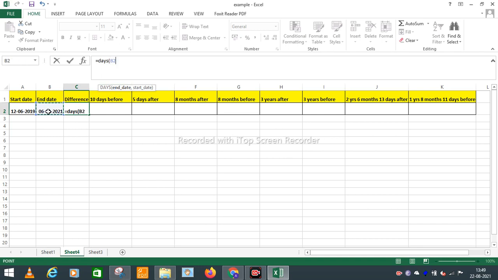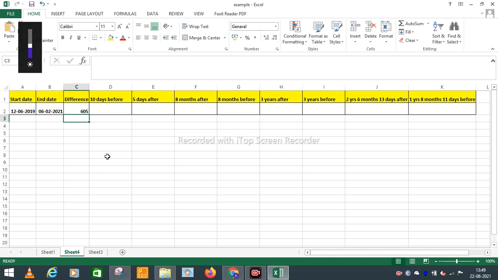So I will click the end date, comma, then click the start date, which is at A2. Then I will close the bracket and press enter. So the difference is 605. The function I have used here is DAYS. DAYS is used to calculate the difference between two dates, as you can see here.